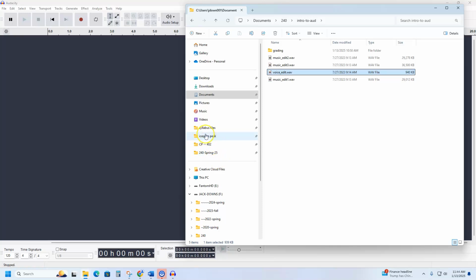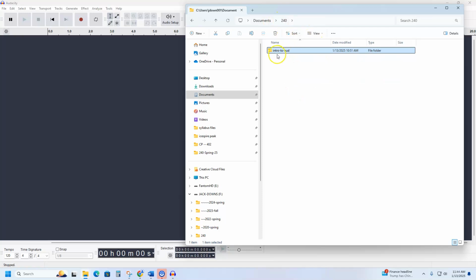I've made this folder in my Documents folder. You'll see I have a 240 folder here, and inside there I have something called Intro to Aud. You make a project folder for this project. Call it what you want, something that makes sense to you. My style generally is all lowercase, no special characters or spaces. That's not a bad practice, although it doesn't really matter here so much. Inside there I made a subfolder called Grading, which is empty right now,